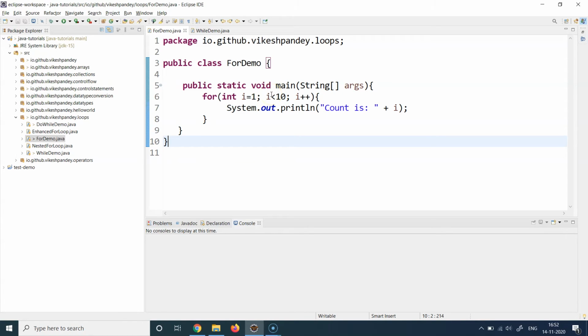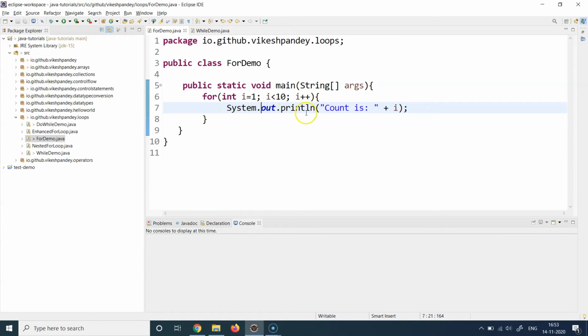If the condition holds true, go inside the for loop, execute the statement at line number 7, and then go back to this particular statement. So we do i++. So i becomes 2, and then you again go back to the condition. And again you check if 2 is less than 10. Yes, it is. So again you go inside the for loop and do whatever is written there. There can be multiple statements here. For now, I have just written one System.out.println. So that happens.